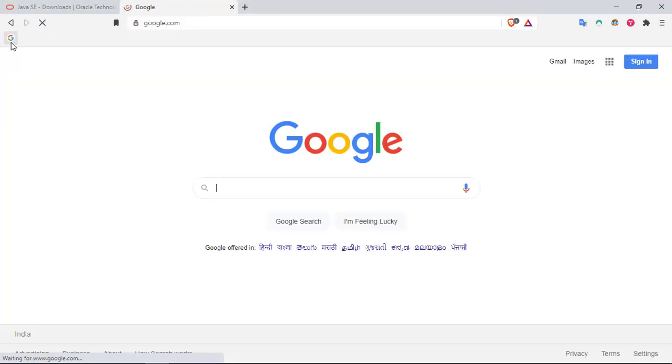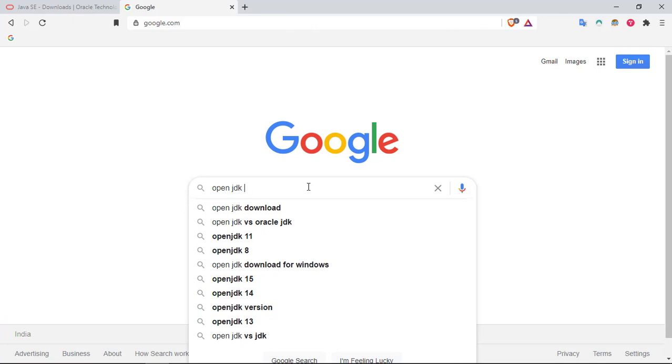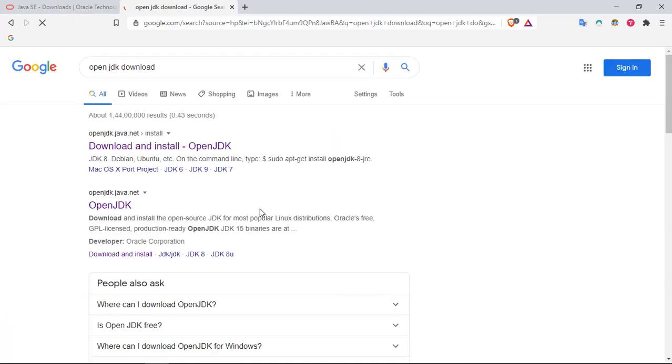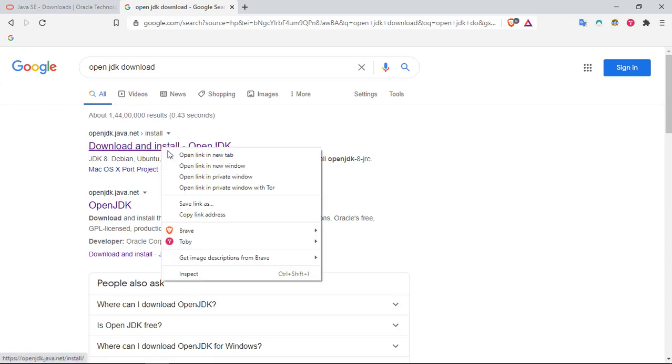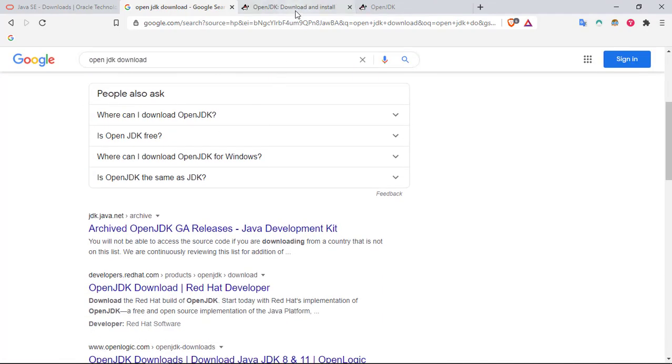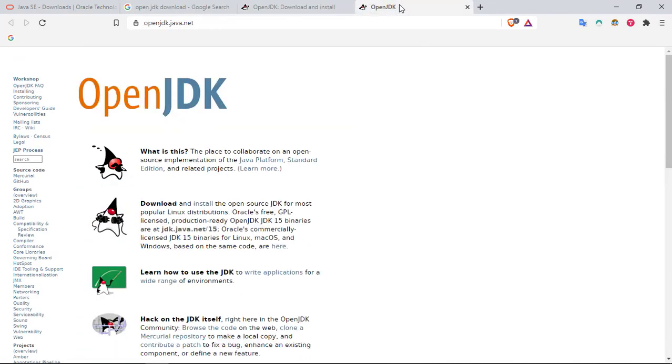So I'll just open a tab, Google and type OpenJDK download. So here you have it, and here you have a couple of links. I'll just open them. This is download and install. I'll right click and open in new tab. So let's see the first one. So here is the OpenJDK official page,